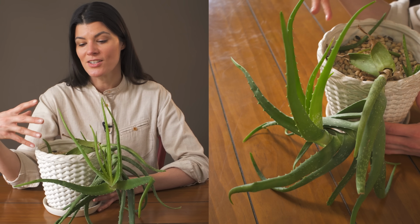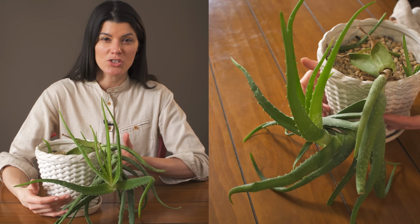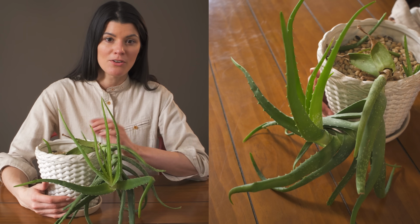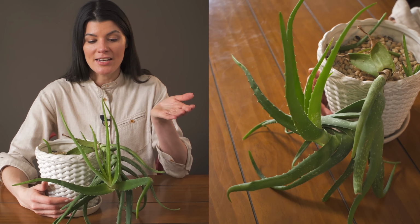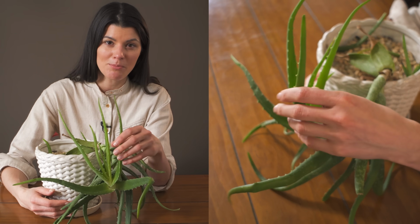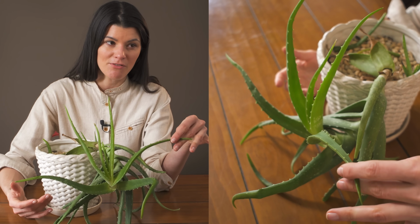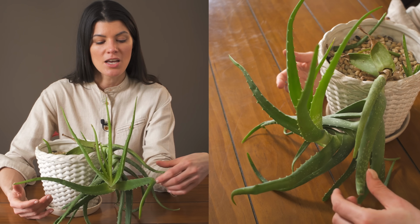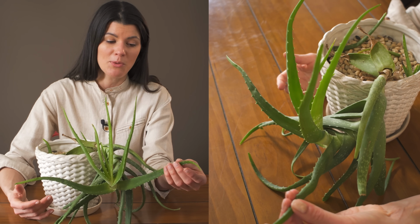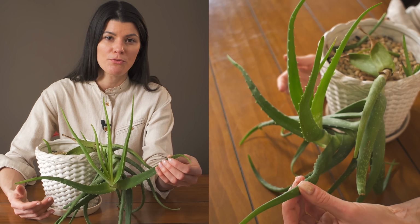As far as fertilizing goes, I would say a cacti or succulent fertilizer, maybe like a 2-4-7 every month or every other month would be totally fine for the aloe. And as far as pests go, I've never had any problems. I've heard that people have mealybug problems, which is totally normal because I think mealybugs love juicy stems and leaves. But in this case, I haven't had any problem, and I've been growing this plant for quite some time. I can't even remember, but I've had it for at least 3 years, maybe 4 years,